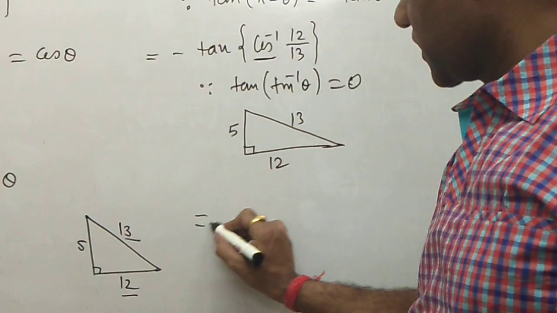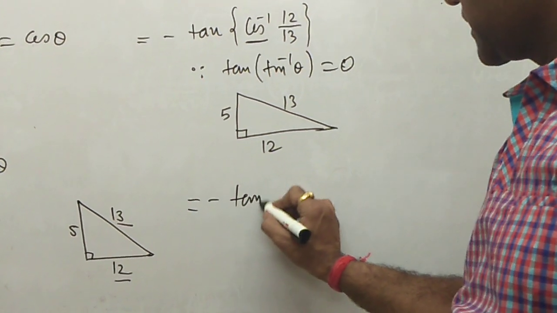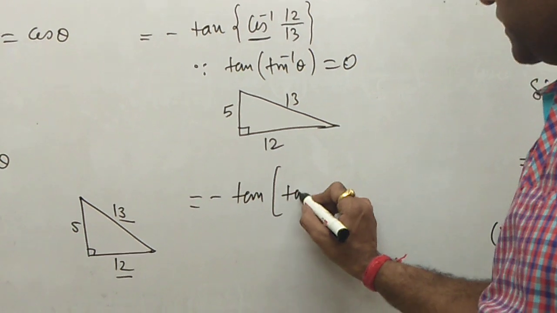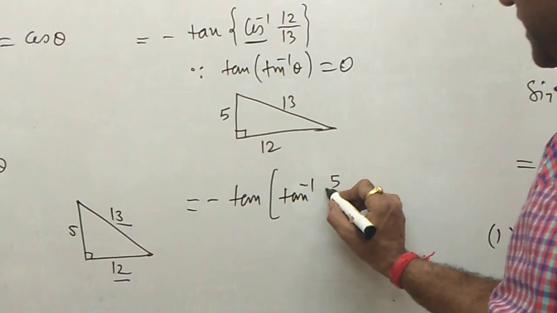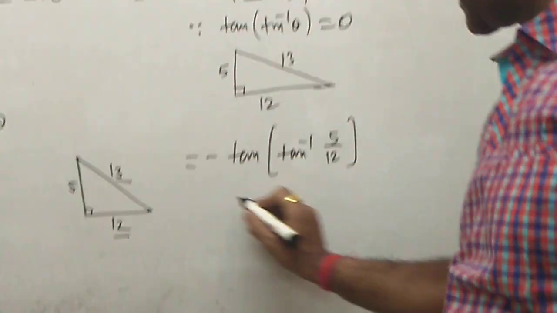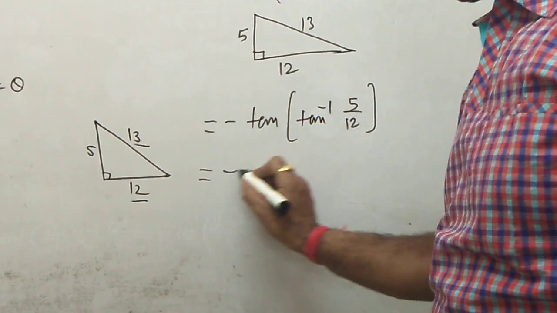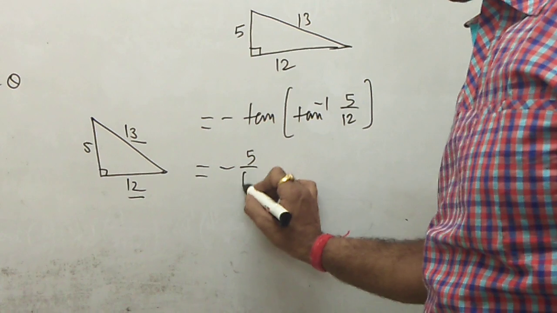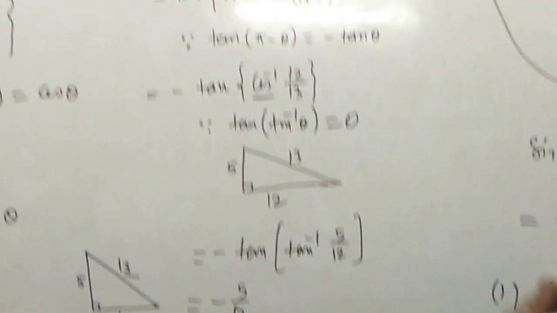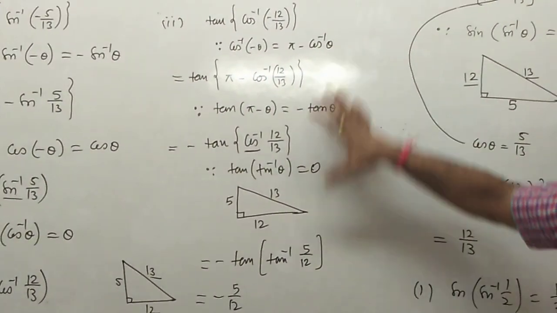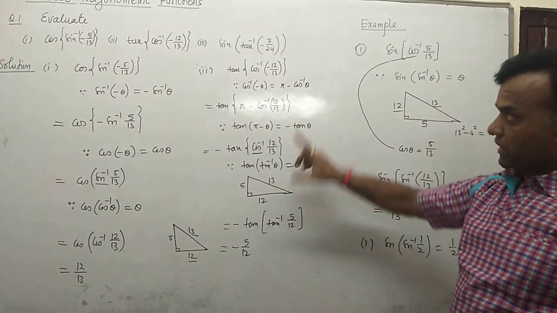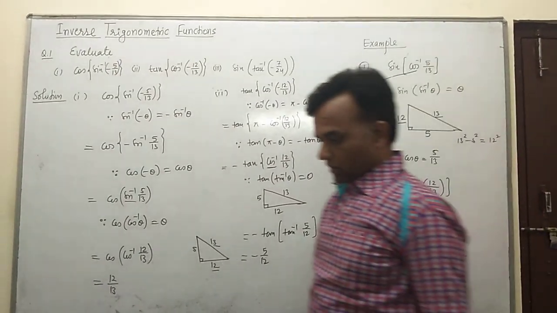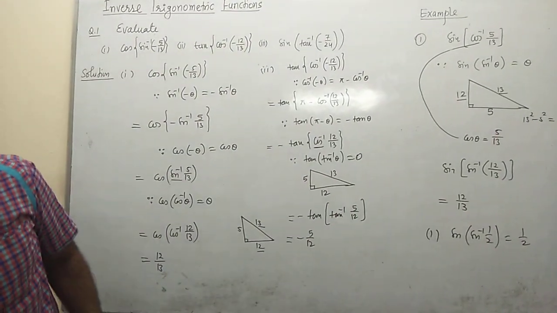Okay, so you keep this minus sign as it is, tan as it is, and now for tan, what is the formula? P by B, 5 by 12. Okay, so the tan and tan inverse cancel, and 5 by 12 is the answer. We have so many conditions like this. First you use the formula related with the trigonometrical concept, and now the last is remaining, so we try the last question.